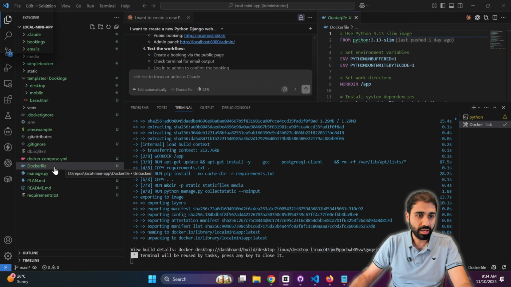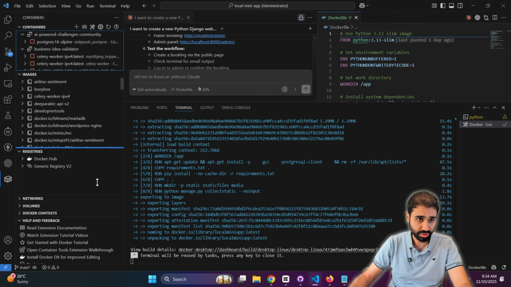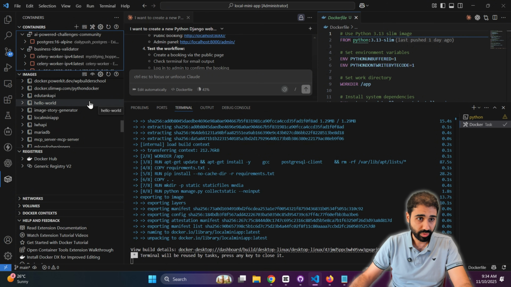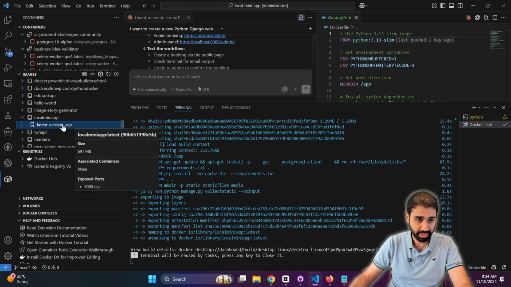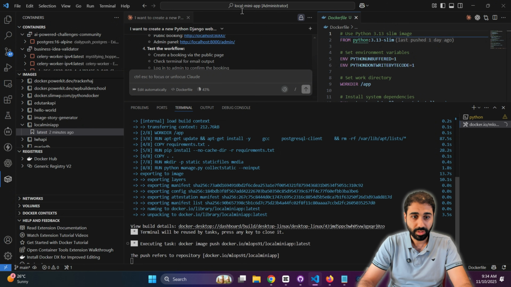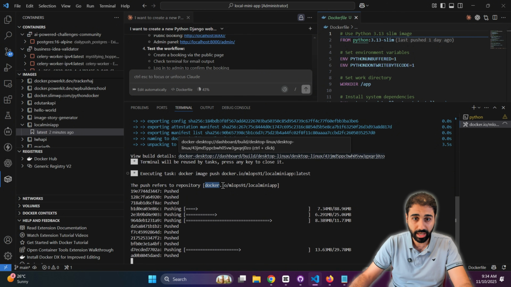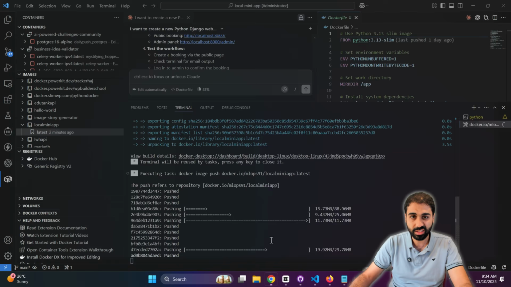Perfect. It's done. Now if you go here to Docker extension inside VS Code, you will see here we have the local mini app deployed or built in the last minute. So I will go here and click on push to Docker Hub, and now it will be pushed to Docker with this URL here. You see, if you don't know what is Docker Hub, it's like GitHub but for Docker